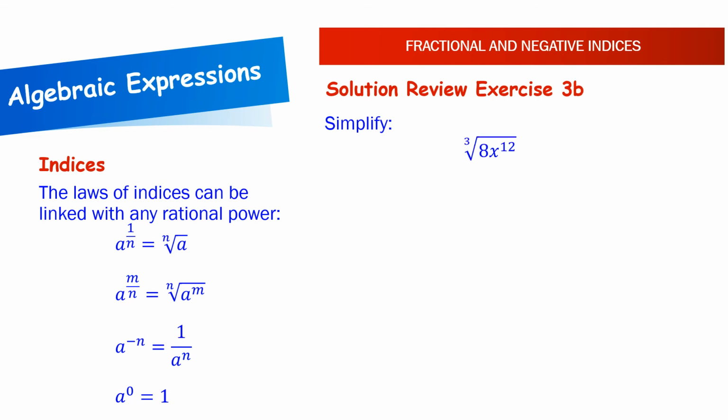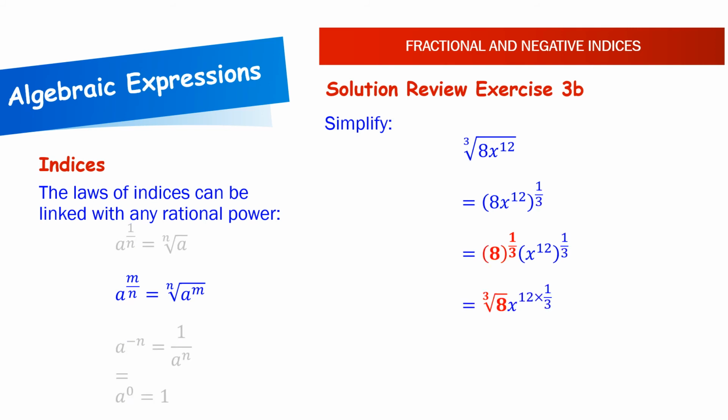Now for review exercise 3b. We're going to simplify the cube root of 8x to the power 12. This can be expressed as 8x to the power 12 all raised to the power 1 over 3 by using the law highlighted on your screen. And using one of the previous laws, we can rewrite this as 8 to the power 1/3 times x to the 12 raised to the power 1/3,